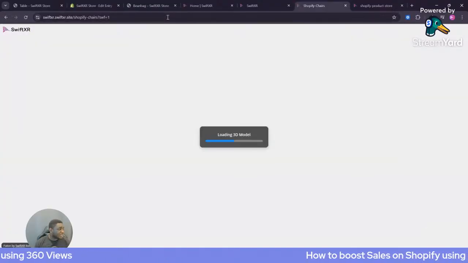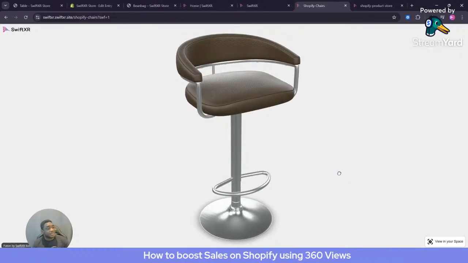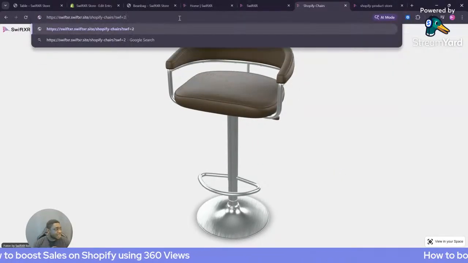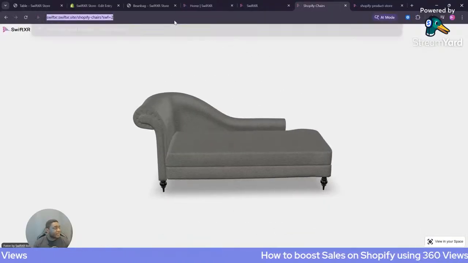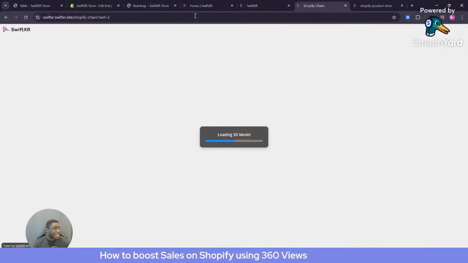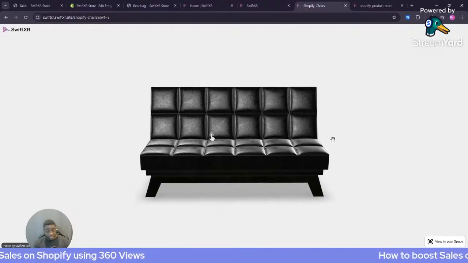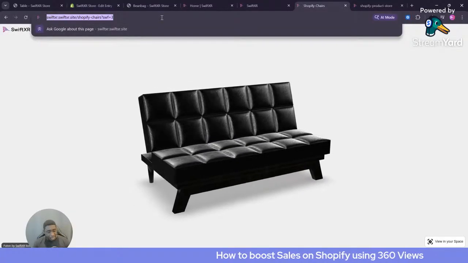So if we hit enter with that, we should have our first 3D model. And then if we switch this and select 2, we have a second 3D model. And if we switch this and select 3, we have our third 3D model. So you can do this for up to 10 models, right? With that being said, we can easily copy that link,